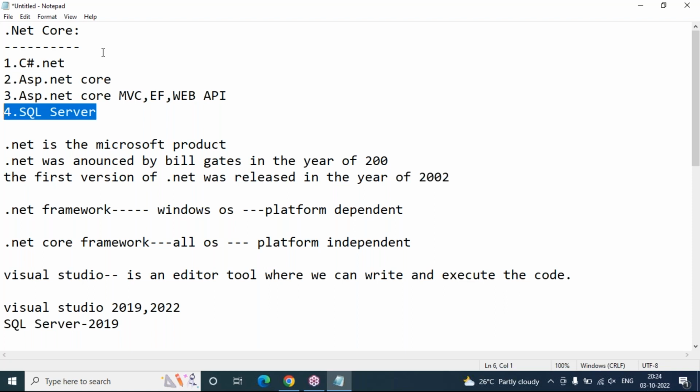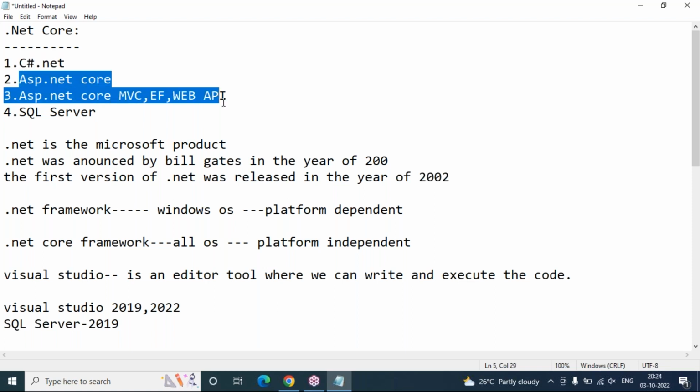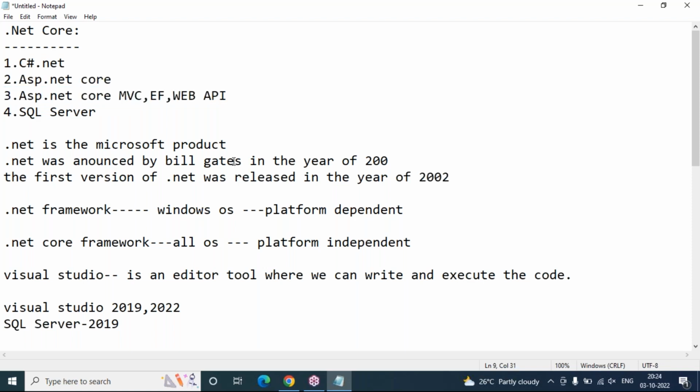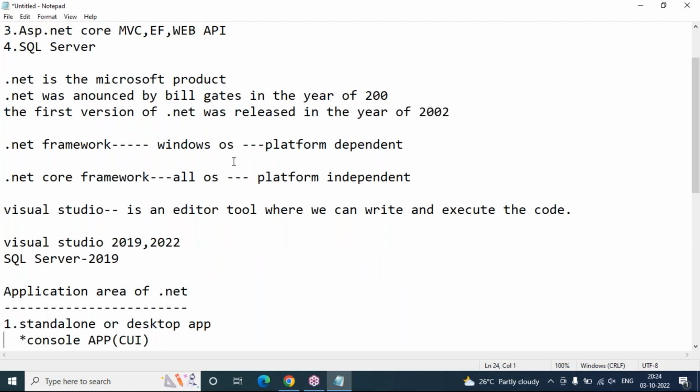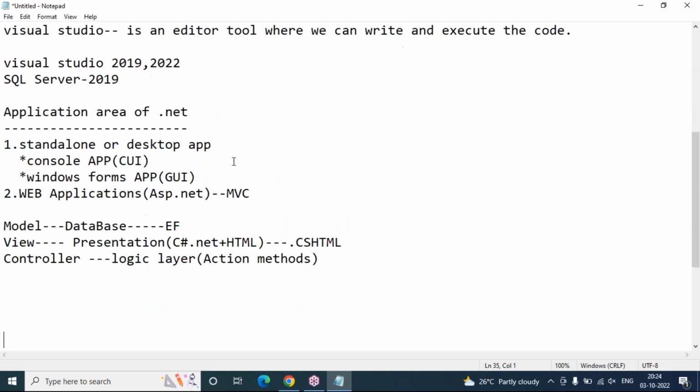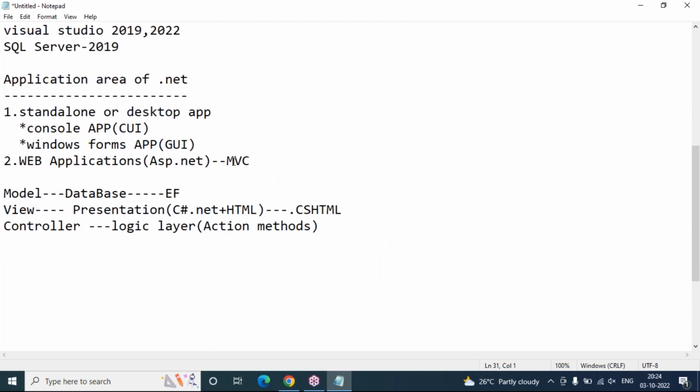Once you complete C# with SQL Server, then we'll start ASP.NET Core, ASP.NET Core MVC, Entity Framework, and finally Web API. So this is the action plan, the structure of our course. Not this week; from next week onwards I'll implement this action plan. This week demo sessions will continue. You can decide after attending 3-4 classes, so no problem at all.